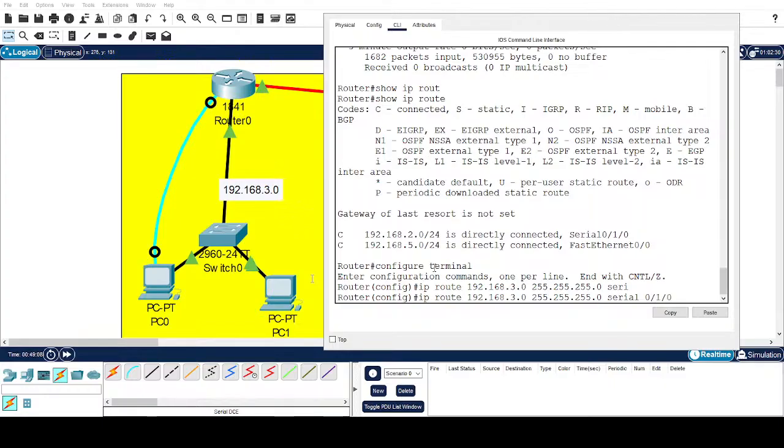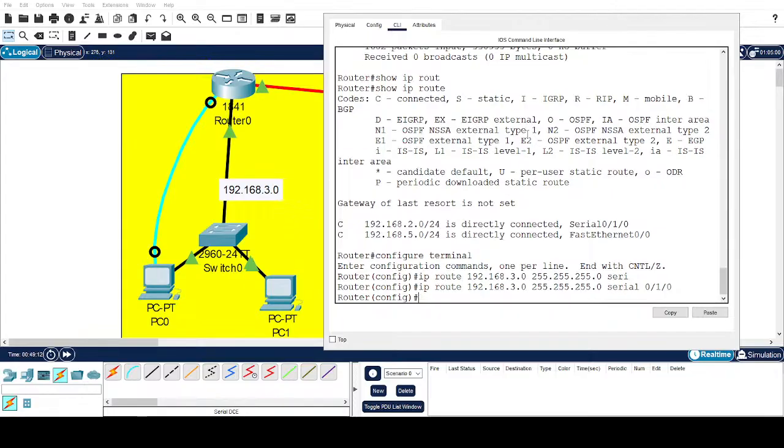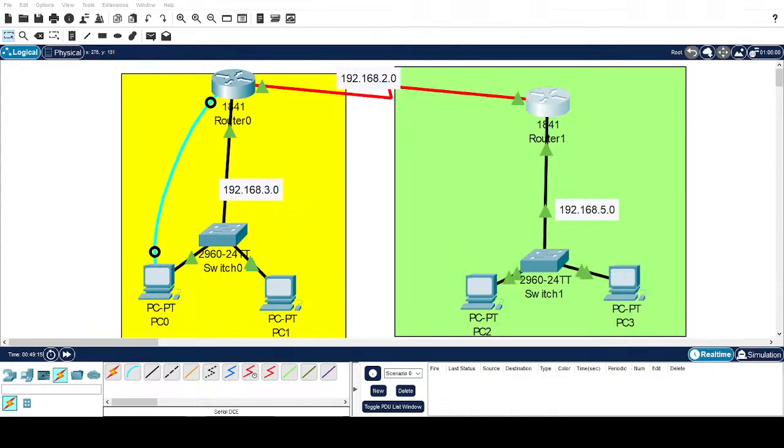So it sends all the traffic out to the serial, which goes to the other router's serial and gets to the destination. So when I do that, and I now do my testing,